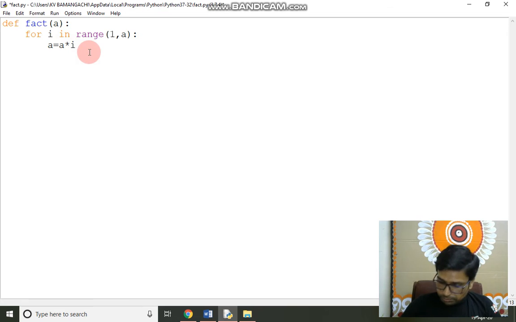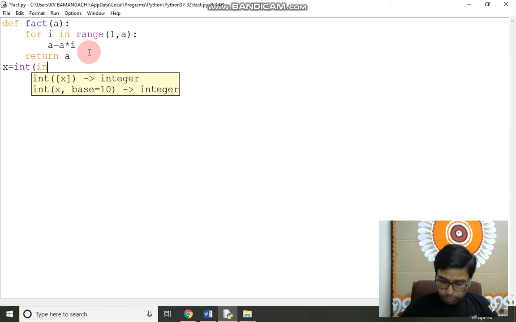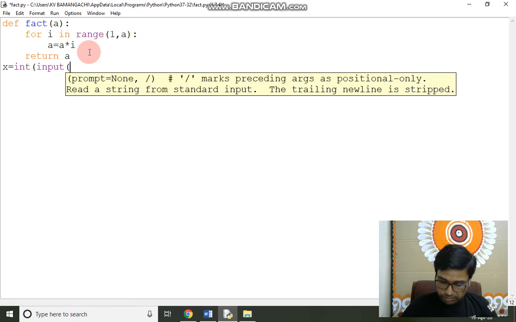So we have to take return now, return a. This is the complete definition of the fact function. Now come to the main program. x is an integer number, input at runtime, enter any number.